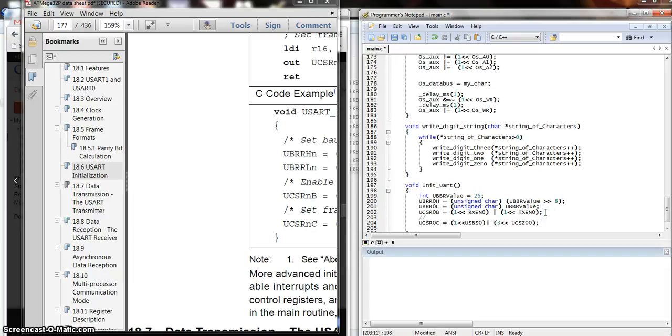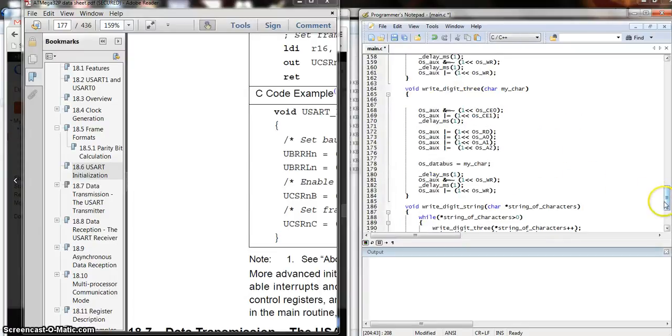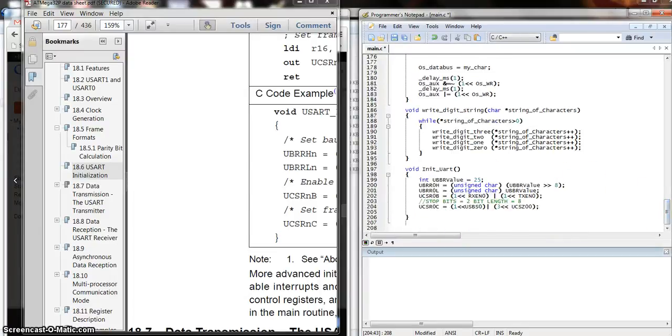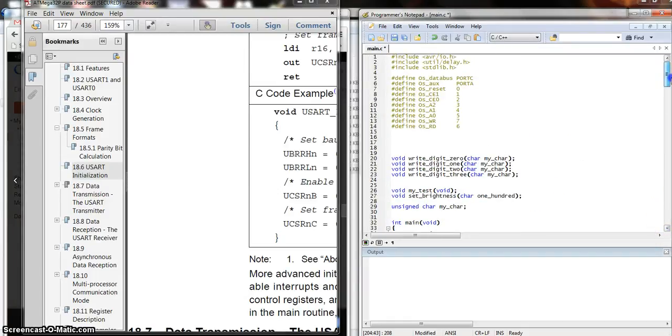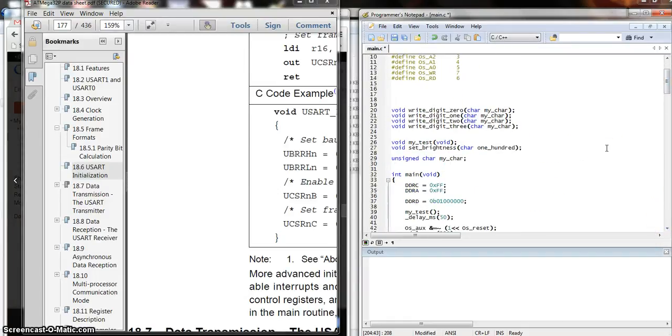Alright, so this line is our stop bits, and our bit length equals 8. Like I said, we'll have to remember these when we do our C# program. Make sure our baud rate matches, stop bits matches, and bit length matches. That should be it for the initialization. This is bare bones, but you don't need a lot just to get functionality. And then in our main loop,